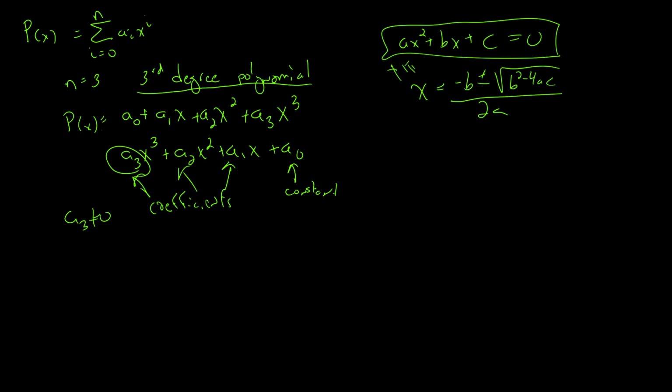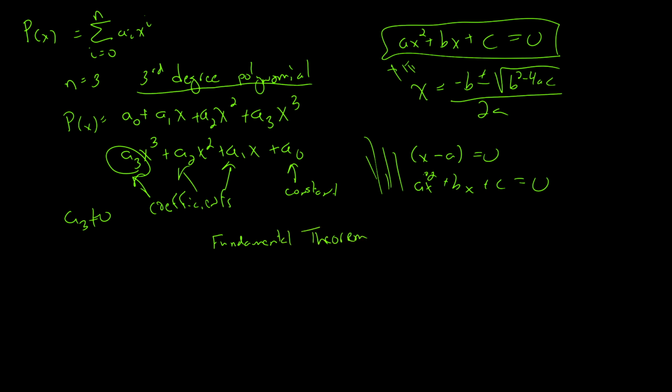In fact, all higher order polynomials can be reduced to a linear term, where x minus a equals 0 is linear, or a quadratic term. Any higher order polynomial is some combination of these, which led to the fundamental theorem of algebra